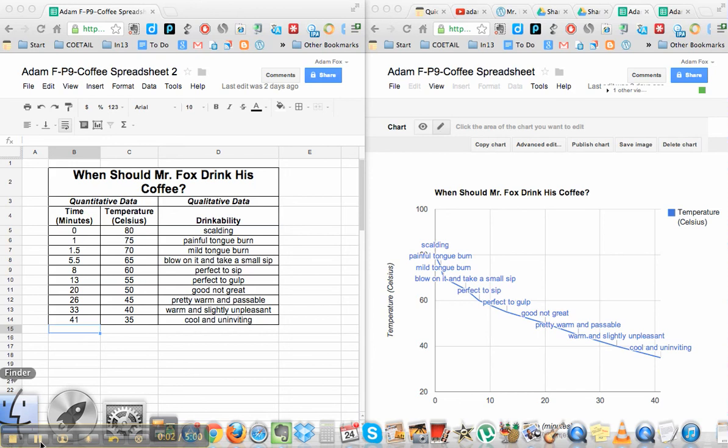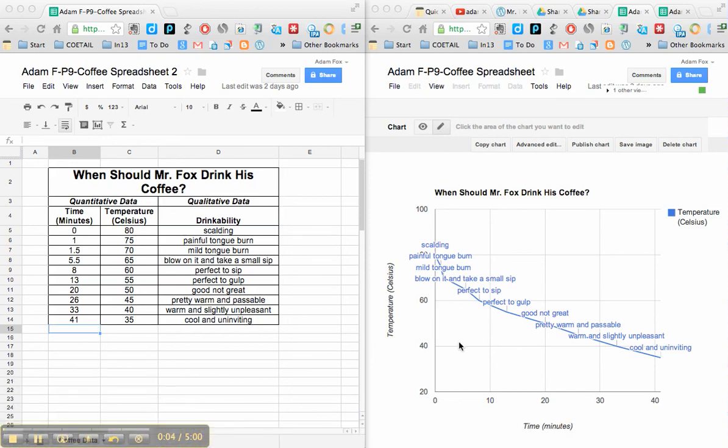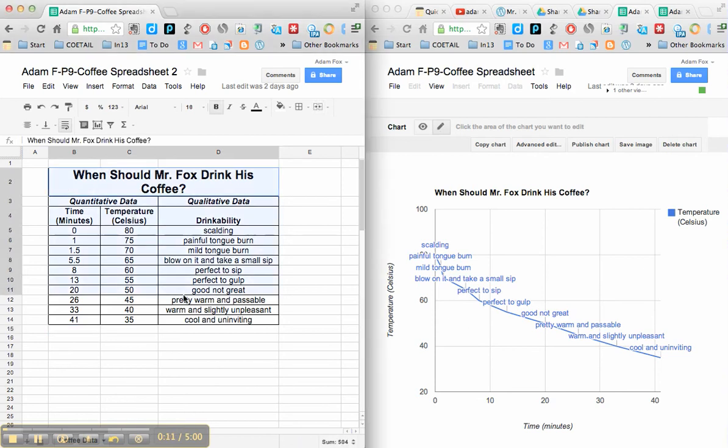Once you finish your data table and you're ready to represent it graphically, like the graph viewed on the right, highlight your table, go up to this thing that looks like a graph, click Insert Chart,